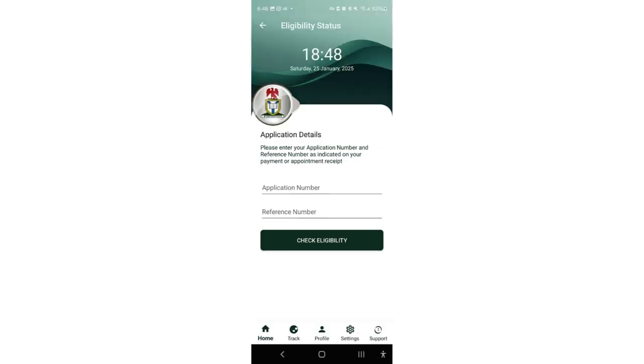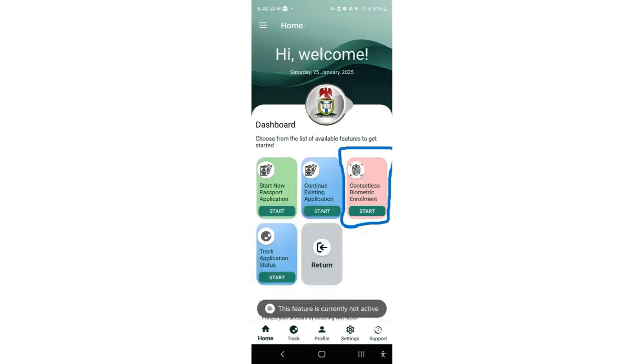While in the app, you'll be required to enter your application and reference number to check your eligibility. The application number can be found on the screen where you have your application summary. And once the number is there, you check your eligibility. Once your eligibility has been determined, then you are going to proceed by selecting the contactless biometric enrollment by clicking